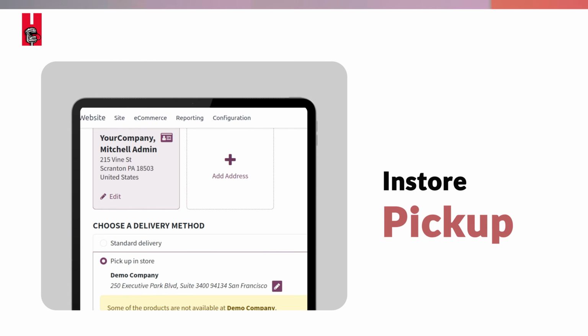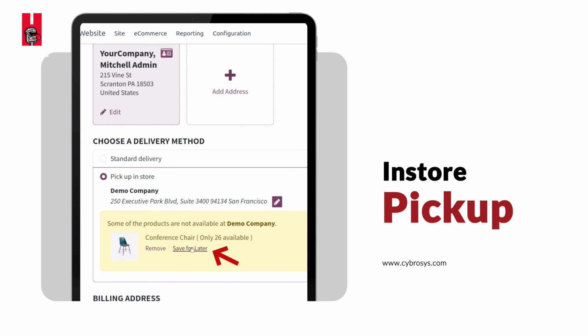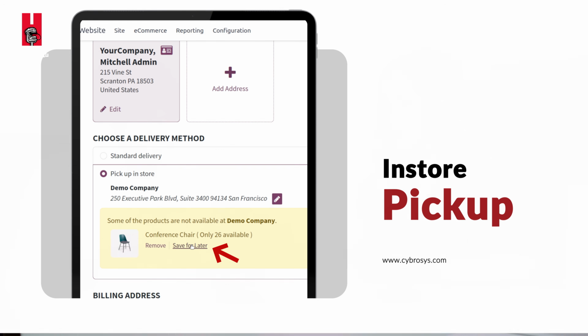So the customers can easily purchase once it's back in stock, or they can buy the item when the price is lowered, or when they're getting any discounts at all. So this is one of the attractive features. That's something we noticed in the e-commerce section. Yes, which is in-store pickup.